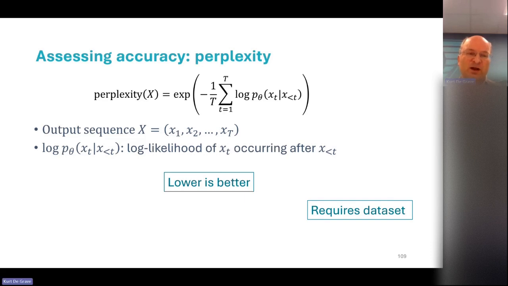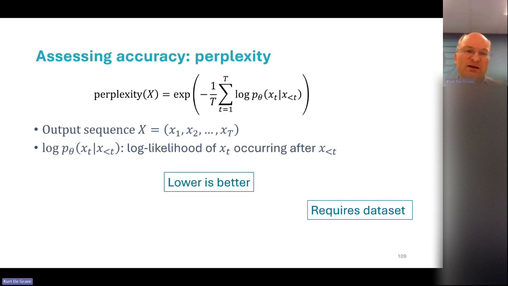And if the prediction of the model matches the actual value in the gold truth data, then the distribution matches, and you have low perplexity. Lower is better.